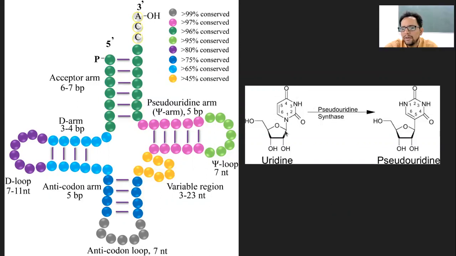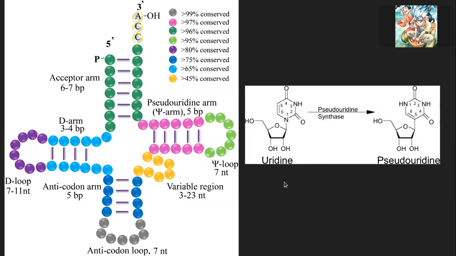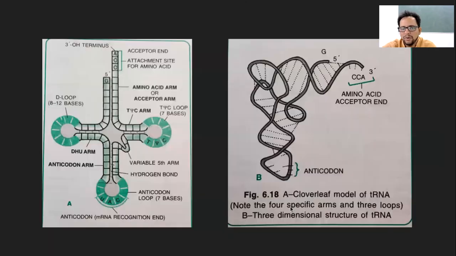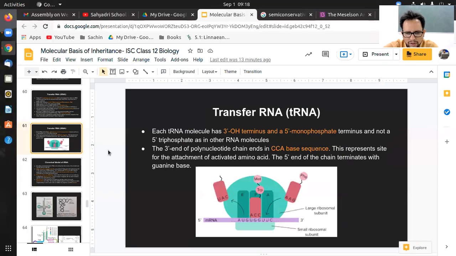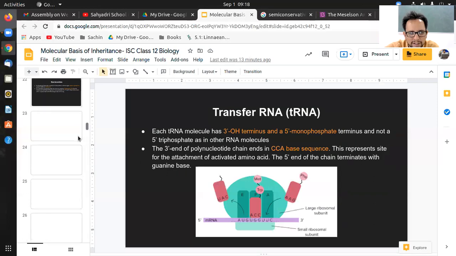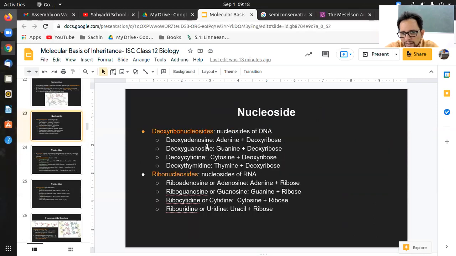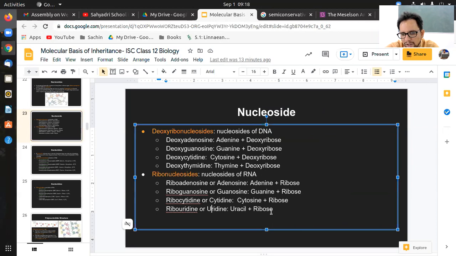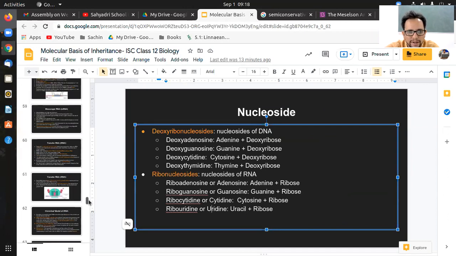Sir, what's the difference between uracil and uridine? Uracil is just this molecule, and this is a nucleoside. That is what is uridine. Okay, so when you attach it to the ribose, it becomes uridine. Correct. I guess you were absent during that class, as far as I remember, because this is where it is. These are nucleosides. You can see this: uridine is uracil plus ribose. You can go over these slides later, so you will have that in your head.